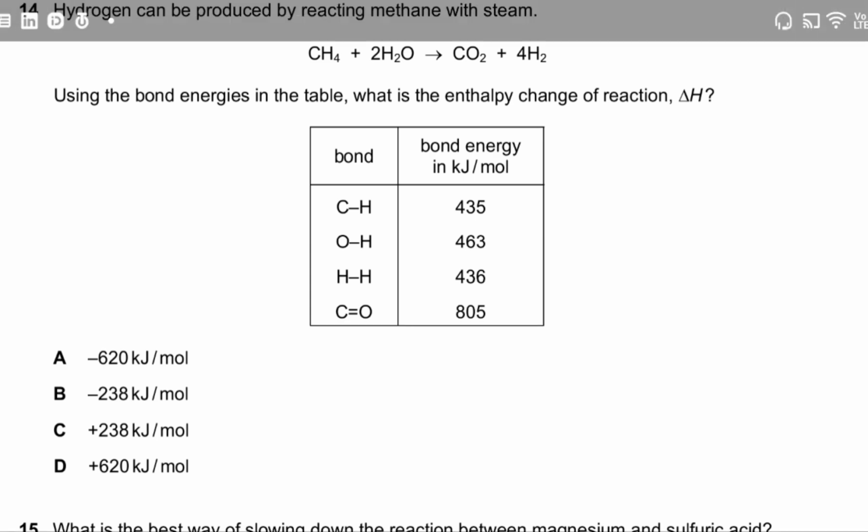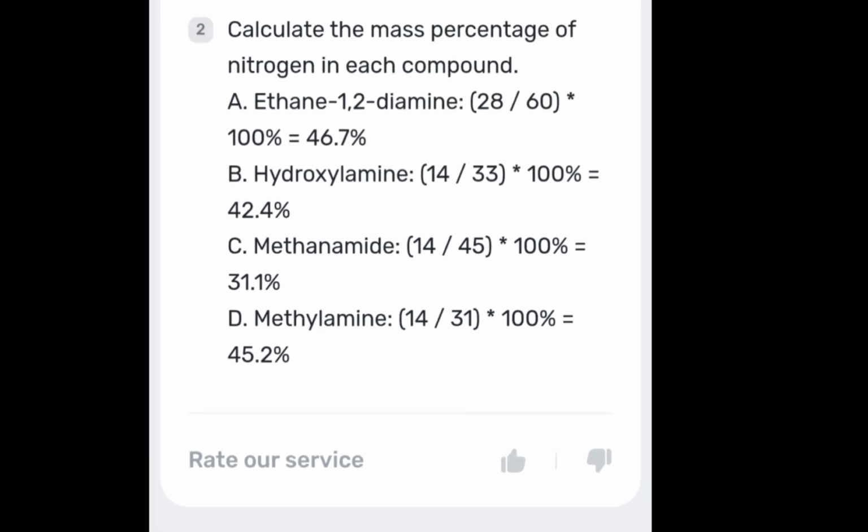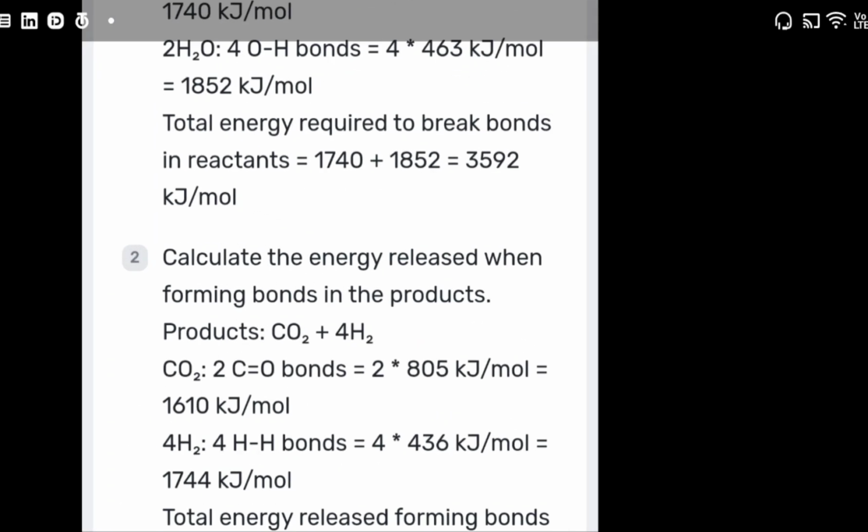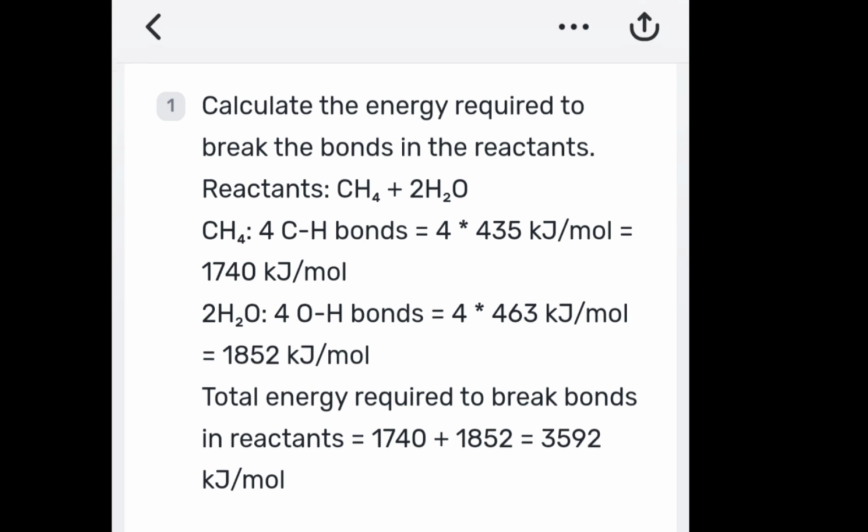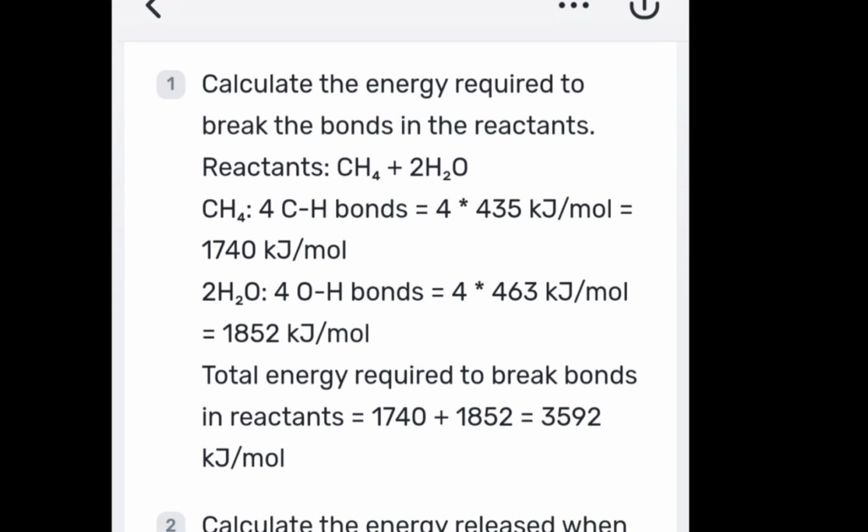You have to find the enthalpy change, and we can determine it by using the formula. This is the method. First, we have to calculate the energy required to break the bonds in the reactants. We have methane and we have two water molecules. In methane, we have four C-H bonds. The C-H bond energy is given, so 435 multiplied by 4. And in water, two molecules are being used here. That means in one molecule we have two O-H bonds and in two we have four O-H bonds. So 4 multiplied by 463. You add these energies,